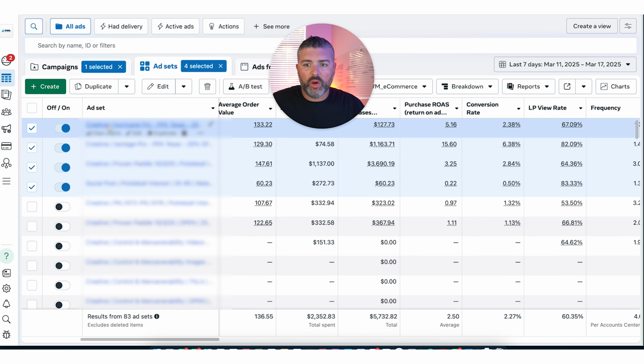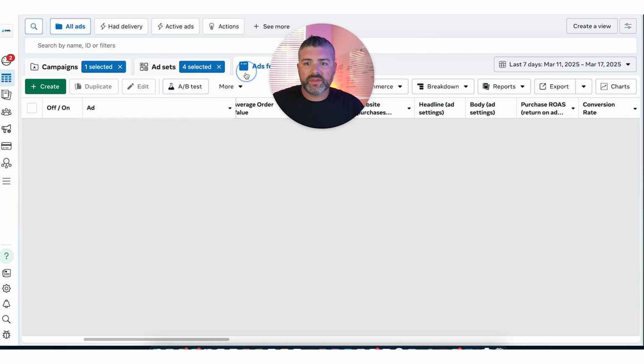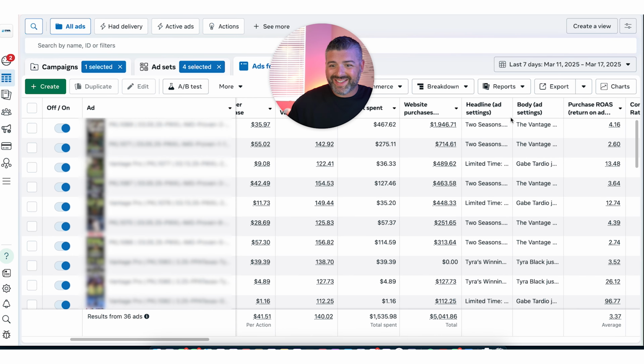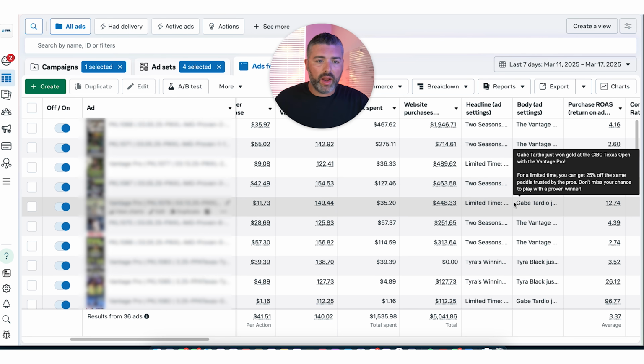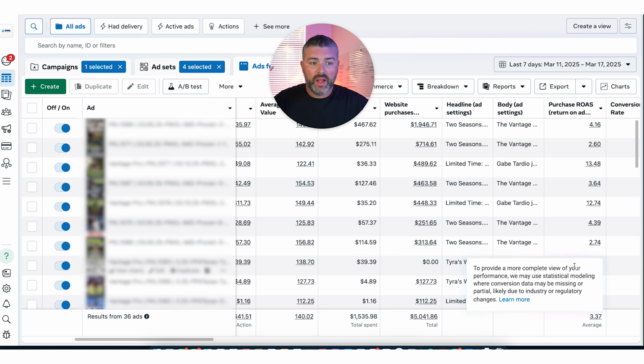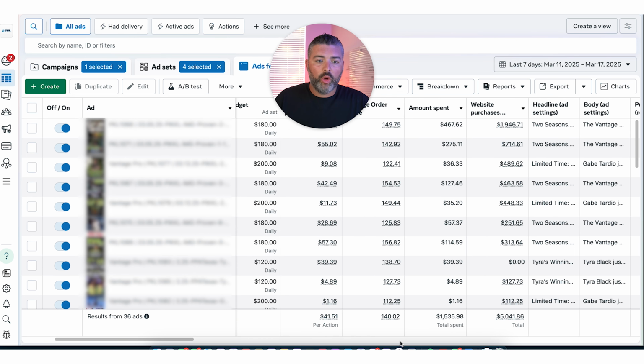Same exact scenario, 4 different ad sets running with 4 different tests. And these are all of the ads that are running across the 4. So there's 16 total ads that are on through these. And you guys can see the return on ad spend, very, very successful with minimal spend. So now, as you can see, some of these daily budgets, 180, 120, we're pushing them up now based on